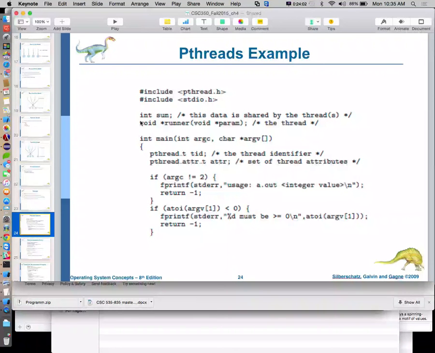Okay, so the idea here is let's start off mentally assuming that kernel threads don't exist right now, and so a pthread is spawned inside of a process and stays there. They would all have access to the same variable sum right here. All programs begin and end with main. So here's an example of a